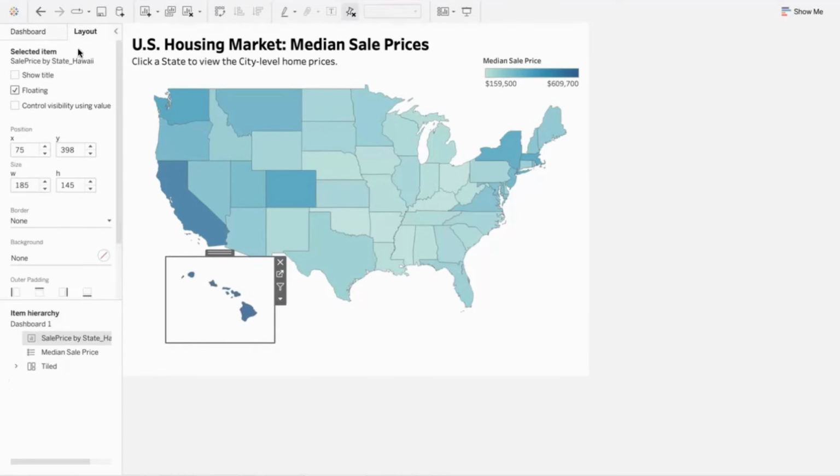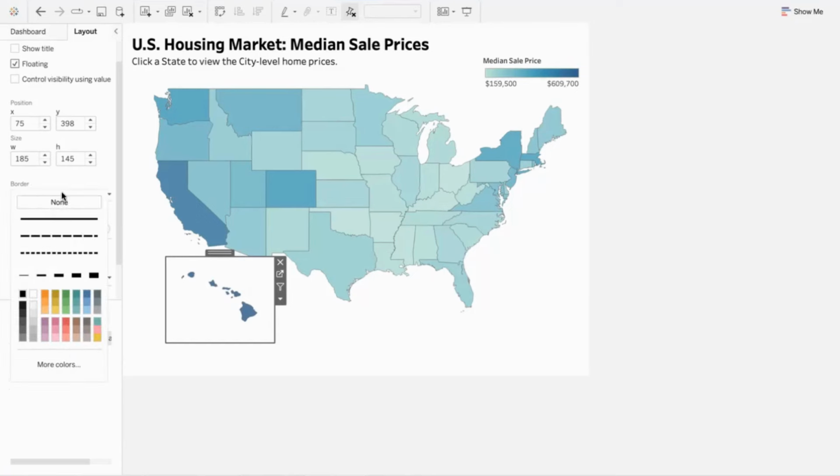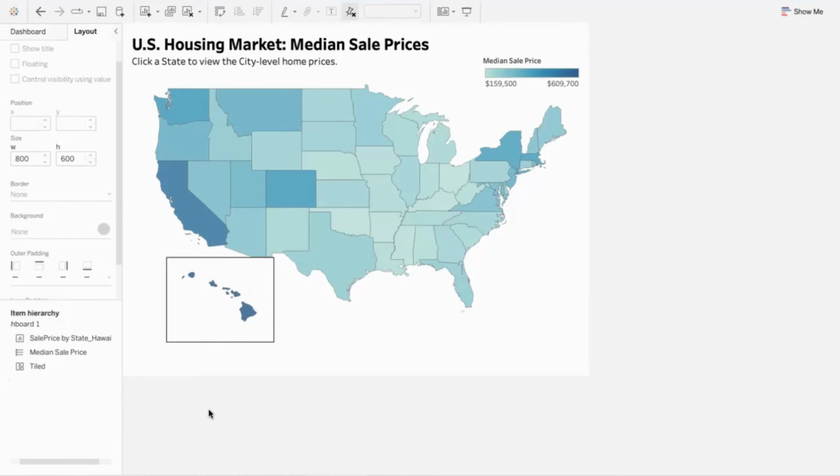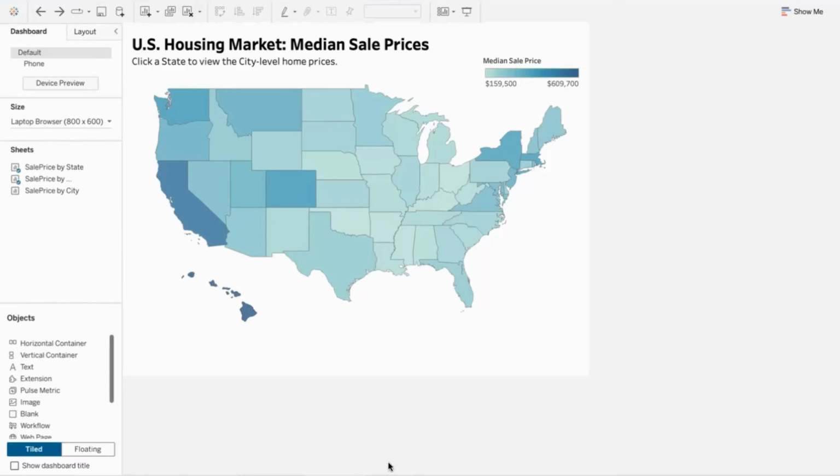Then the other thing I could do is we could put a border on it. Oh, no, doesn't look cool. So I'll take the border away. But I think I could leave it like that though. It looks good like that. Okay, so